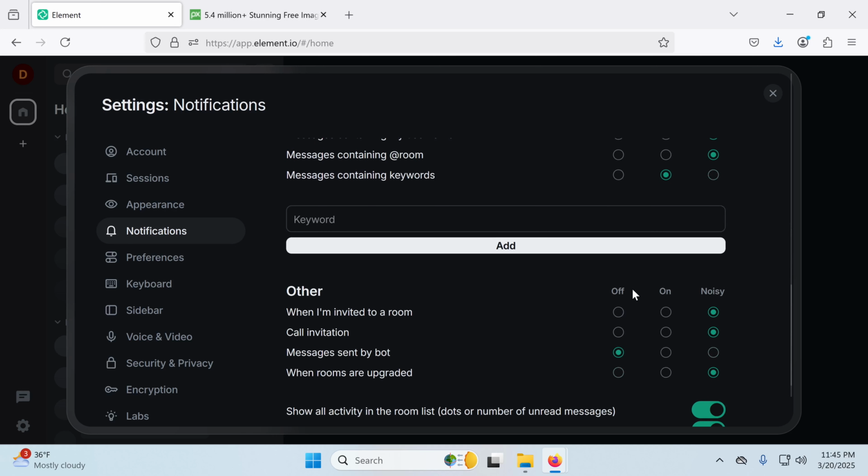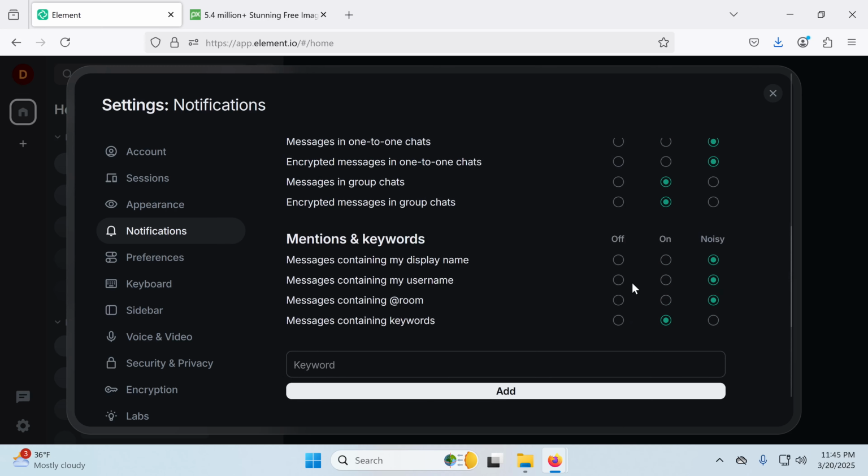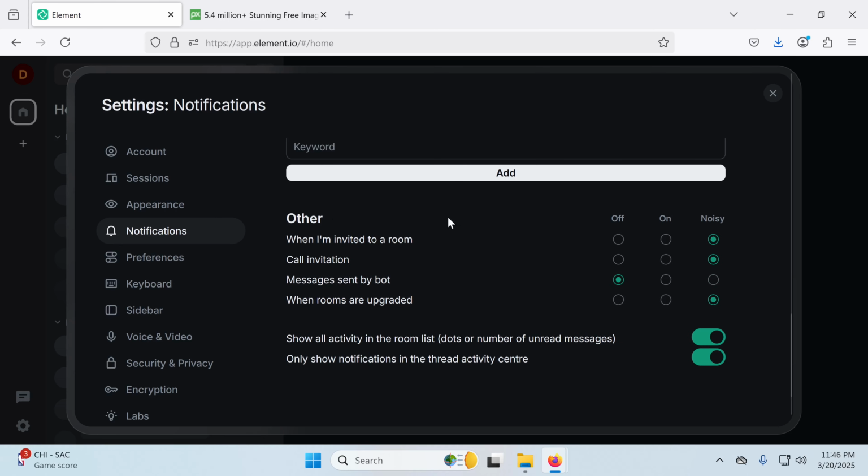So maybe if you're in a room that's having a couple discussions going on and you want to be keyed in on some of the topics being talked about, you can go ahead and set keywords at different points. It's a super useful feature if you just want to keep up with a specific topic and there's a lot going on. At the very bottom, there's other notifications for when you get invited to a room, or if there are messages sent by a bot and things like that. And you can also control where notifications are